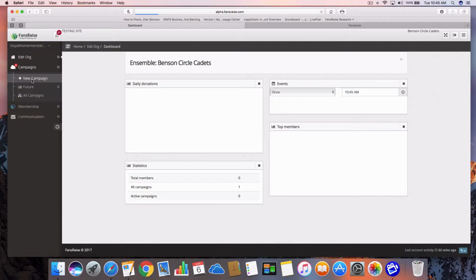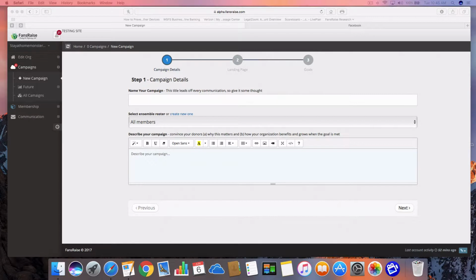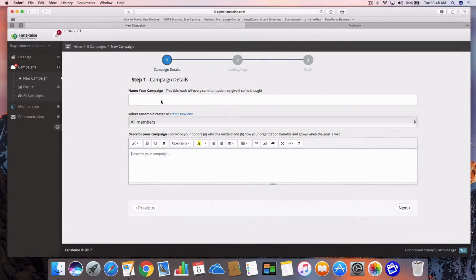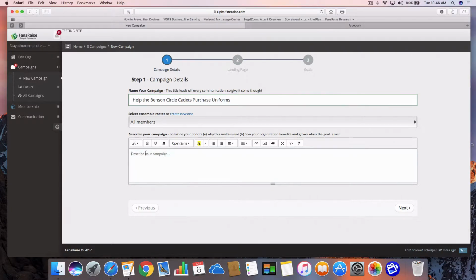Now, this site is our testing site. So we do a lot of database management behind the scenes and new features. This site actually moves a little bit slower than our normal production site that you see when you go to fansraise.com. So on a separate document here, I am going to just cut and paste. I'm going to put together a scenario. My school marching band needs new uniforms, and I've taken the liberty of going ahead and wordsmithing a quick description